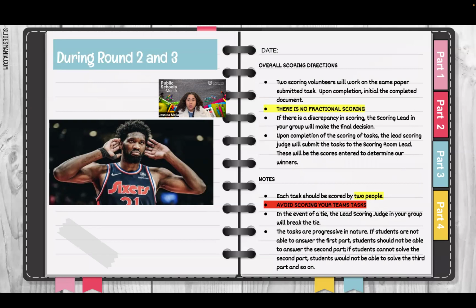Upon completion of the scoring of tasks, the lead scoring judge will submit the task to the scoring room lead. This will be the scores entered to determine who the winners are going to be. So again, 2 scores grade the same task. More likely than not, the scores will be the same. If there is a discrepancy in the scores, then the scoring lead in your table will then make the final